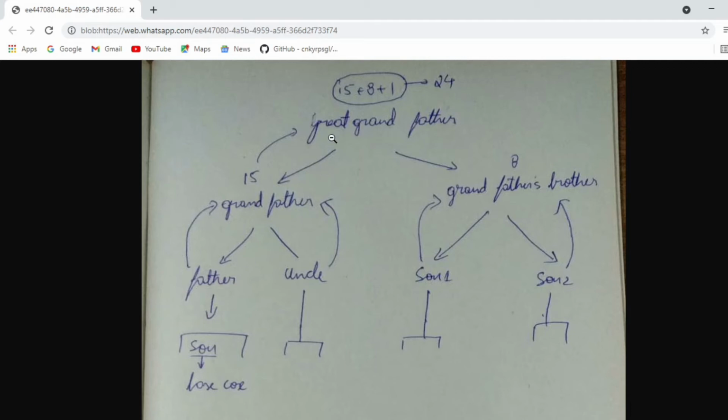Here, everything will start with great grandfather asking his son for the number of family members and grandfather asking his son and so on. But when father is calculating the number of family members, he does not ask his son. This is because the son does not have any children. Since the son does not have any child, this becomes the base case. We define base case in recursion to know where the recursion should stop.